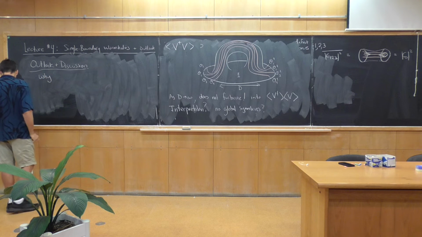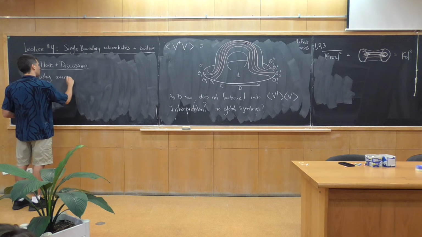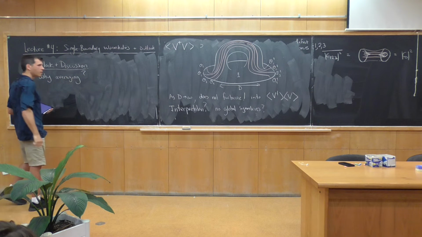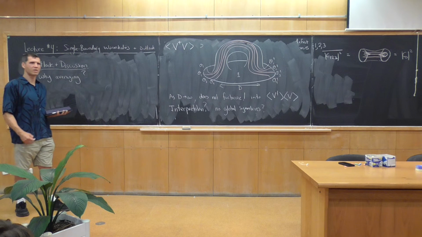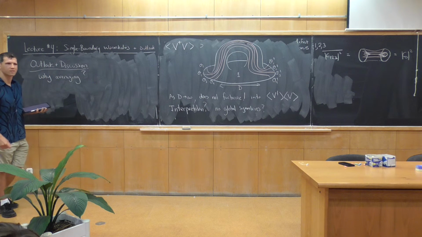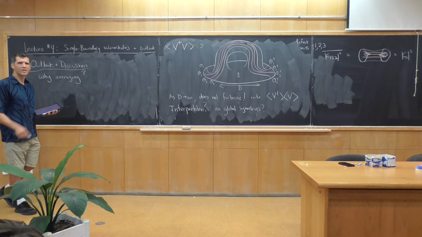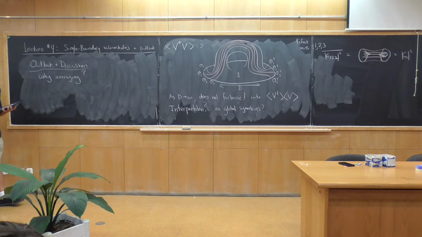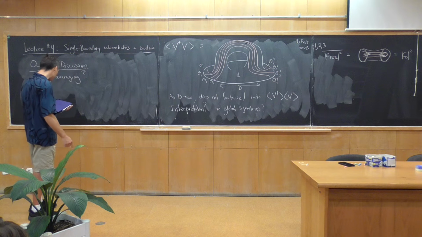I want to mention a few general points about the whole story, and maybe I can also solicit some questions from the audience about what the open questions and ideas of things to look at now are. So first of all, why averaging? Why is it that we've ended up discussing averages? Are we required to talk about averages, or is this just something that we're doing because it's convenient, or what exactly is going on here?